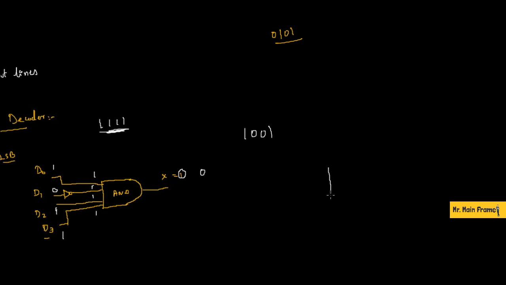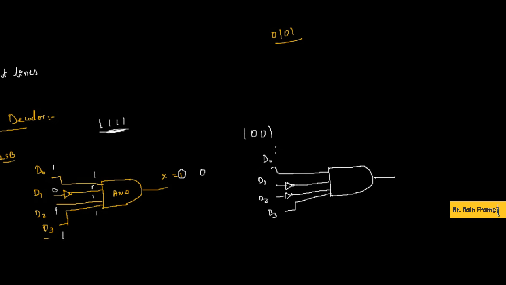you can use an AND gate for this. AND gate can be used here, right? So the output of the AND gate will be high when all the inputs are going to be high. Now you can see D0 will be carrying the least significant bit, and D1 should be connected with a NOT gate, and you should be having one more NOT gate, and D3 will be connected directly with the AND gate. So this is D1, this is D2, and this is D3.